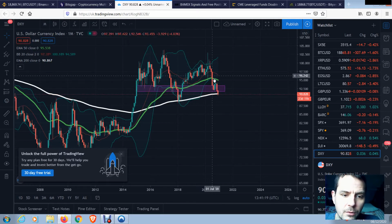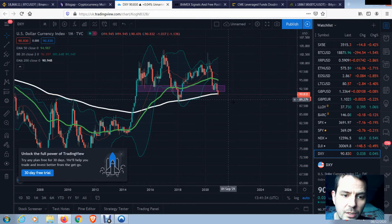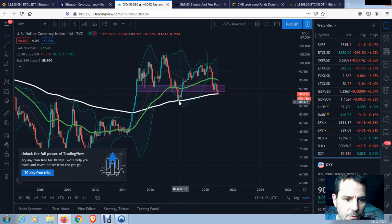So what we're doing now is coming back down, and we've come all the way back down to test it. Historically speaking, it's a different situation. We didn't have a pandemic back then, we do now. We didn't have an economic crisis like we do now. So it's a different situation, but this chart alone would suggest that we might find at least a relatively decent bounce around this level, not quite a reversal,